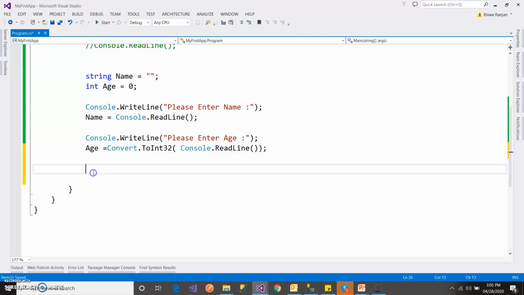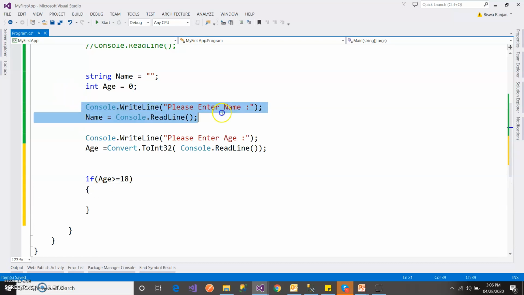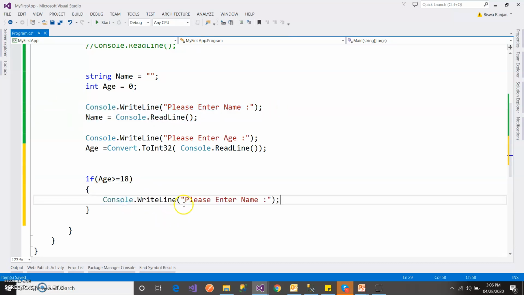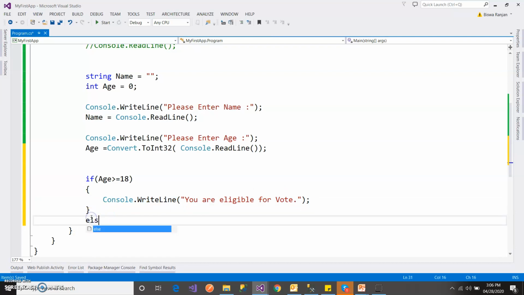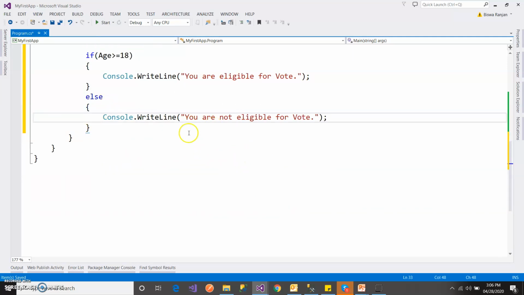Now we will validate this: if age is greater than or equal to 18, you are eligible for vote, else you are not eligible.